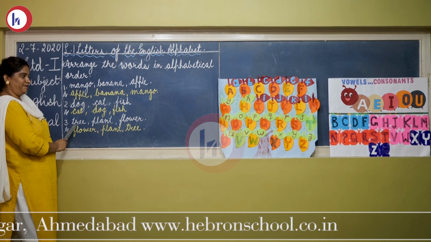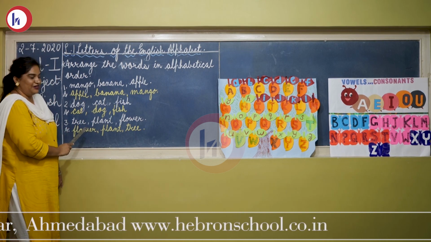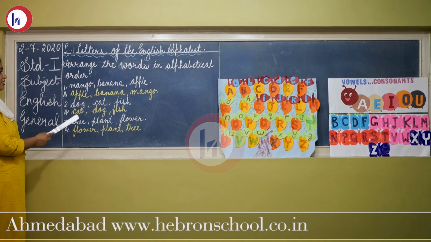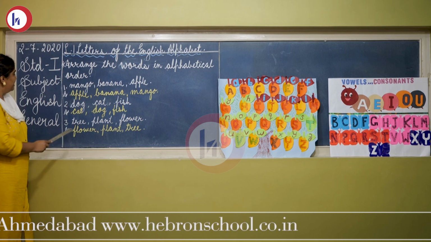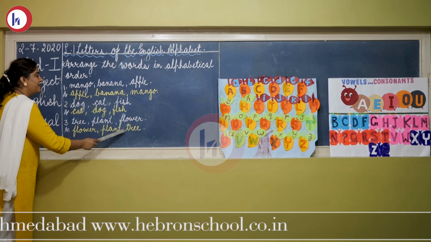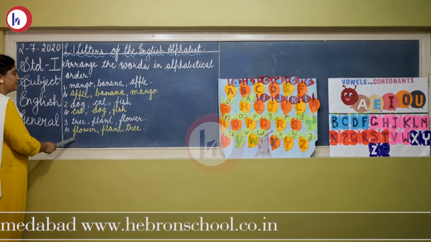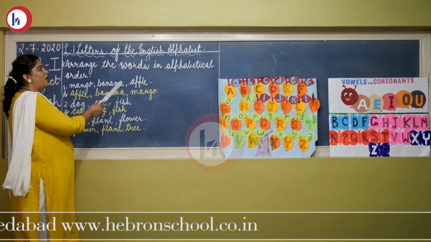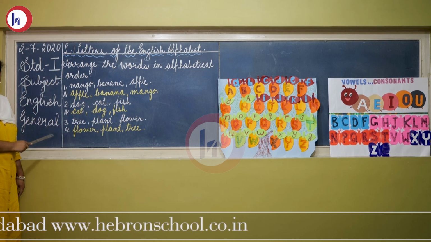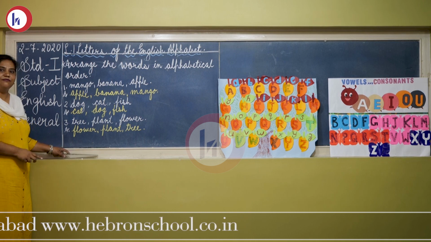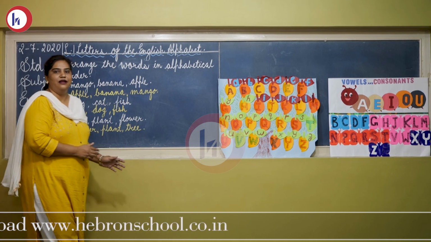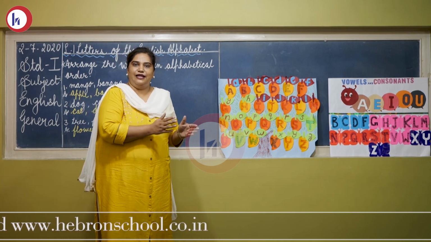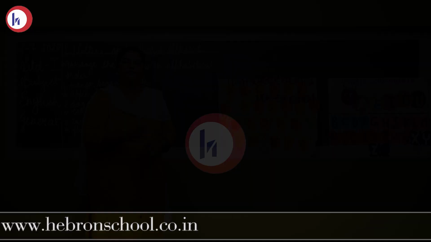Then a word with Q? No. A word with R? No. A word with S? No. We don't have a word with R or S. Then do we have a word with T? Yes. T-R-E-E, tree. So here the order comes like flower, plant and tree. So this is called arranging the words in alphabetical order. You can try some more examples. I have given these words that you have to copy down in your class workbook from the website, right dear students? So just copy that.